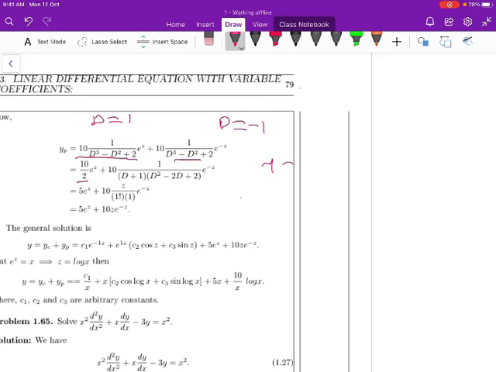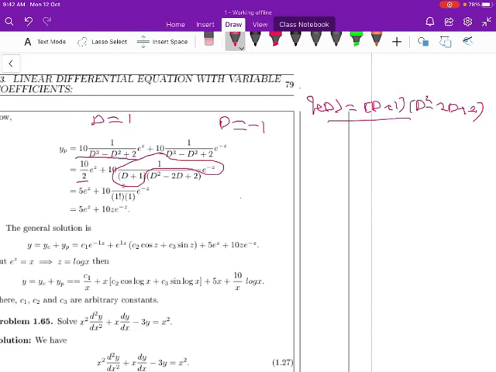So when you take D equal to minus 1, what happens here? Minus 1 plus 2... the denominator becomes 0. If the denominator becomes 0, we cannot solve directly. f of minus 1 is equal to 0 here. So now f of D can be written as D plus 1 into D square minus 2D plus 2. So D plus 1 is a factor of f of D. Therefore, 10 times 1 by D plus 1 into D square minus 2D plus 2.